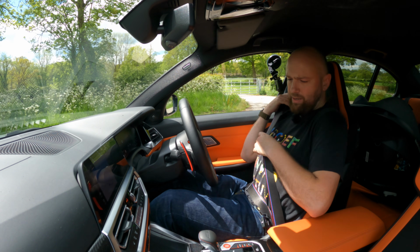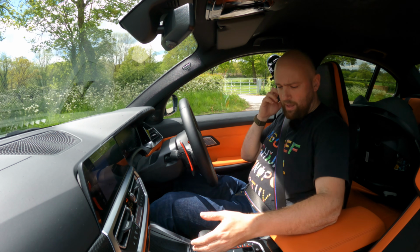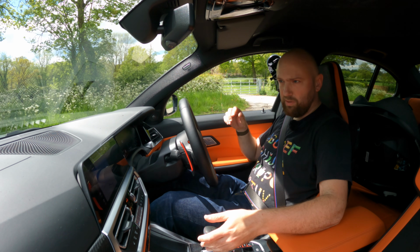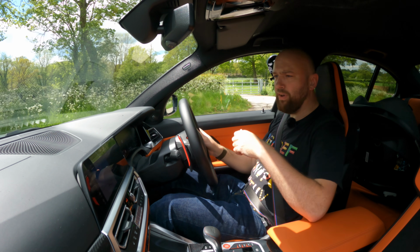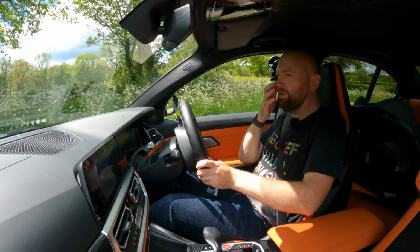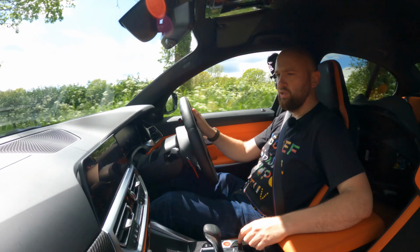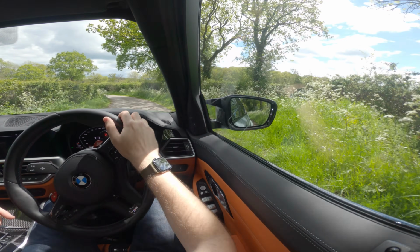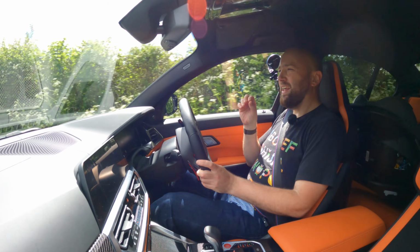Now I'm going to be doing, oh no, I've twisted my seatbelt. Oh no. Right, I'm going to be doing some smallish country roads and then we'll get on to the faster stuff. The first thing you really notice though, as soon as you step off in normal mode, which is called road, obviously, you can then customize the M buttons and everything else, we'll get onto that, is that unless you